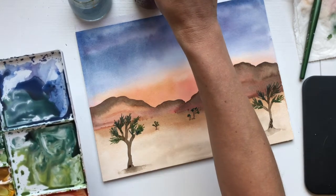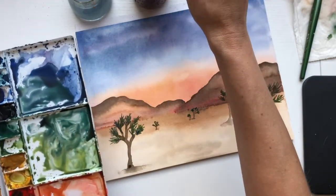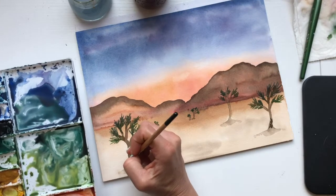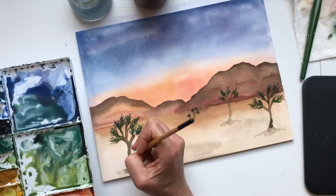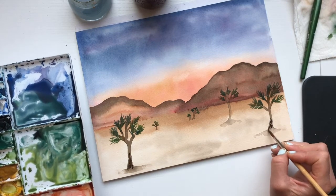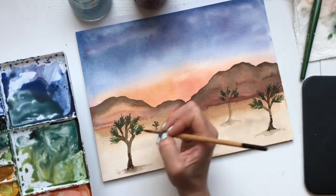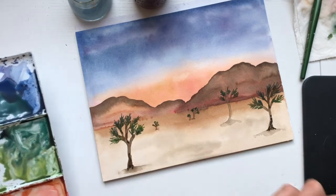And that's a lot of pigment, so I'm gonna just rinse off my brush a little bit and then take off some of the water. And because this is still wet, it's bleeding, which I'm fine with. But it'll just make it a little more interesting. Okay,